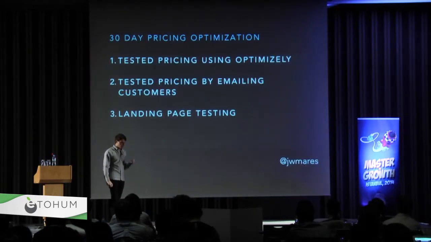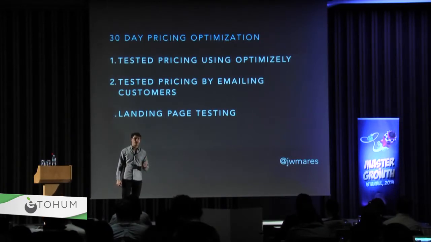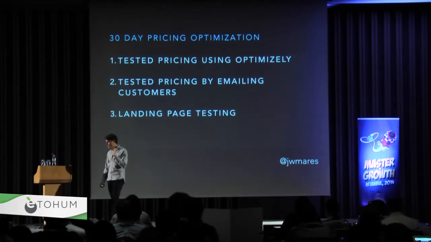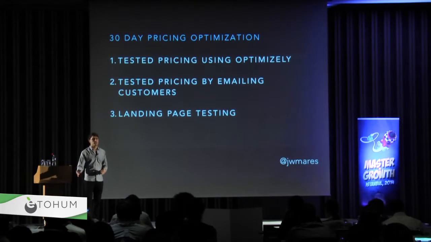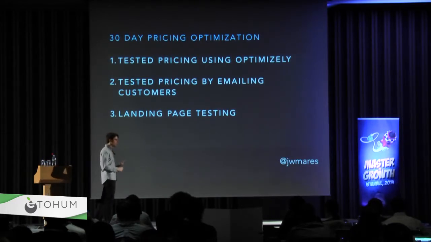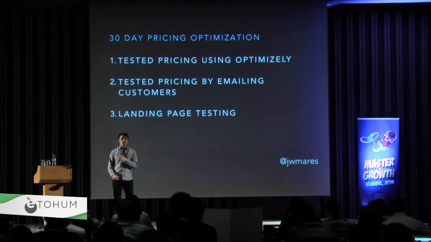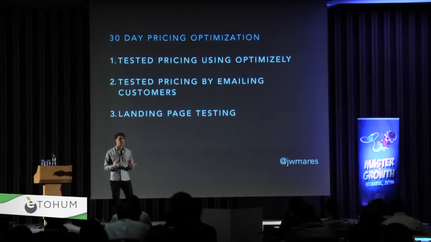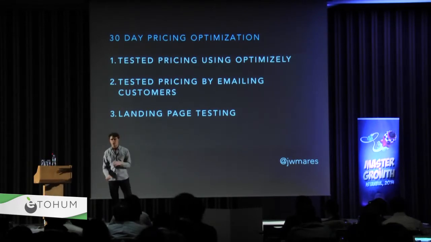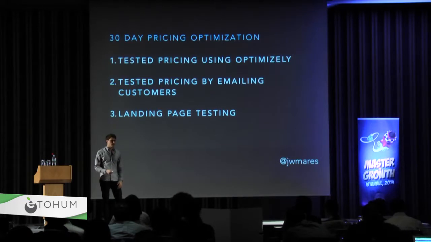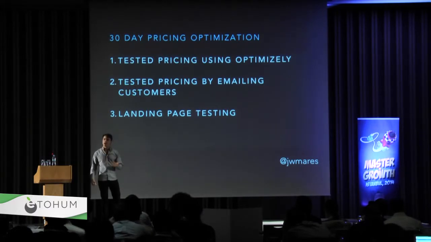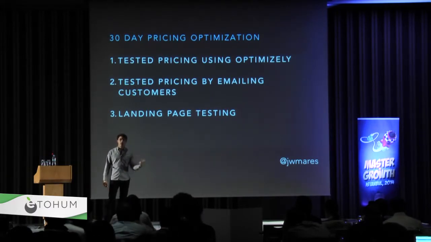So the first thing that we did is we tested pricing using Optimizely. We uploaded and said basically for all of our website visitors that have been to the site before, exclude these people from the test. Everyone else that has never been to our website got to see a number of different prices that we were experimenting with. We experimented with a higher tier, a lower tier, things in between, six pricing plans versus 3 versus 1 versus free trial upsell, all these kinds of things. And we found that across the board, these 3 pricing tiers ended up working. People converted better, they were happier, and they stayed with us longer.